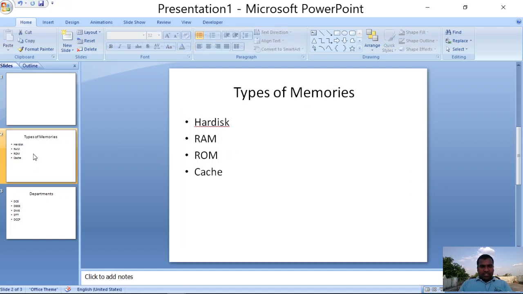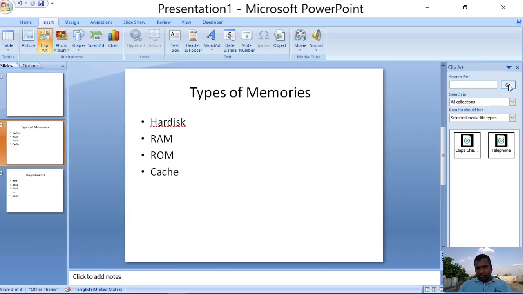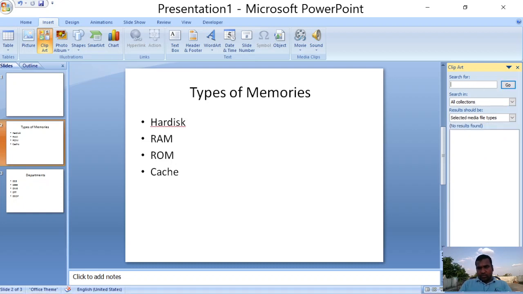I choose this slide and go to the Insert tab, and in the media clips group we have the sound button, and select the sound from clip organizer. In my clip organizer I have only two sounds.